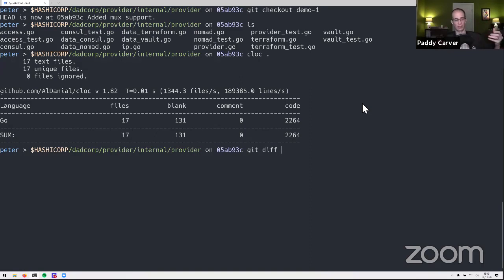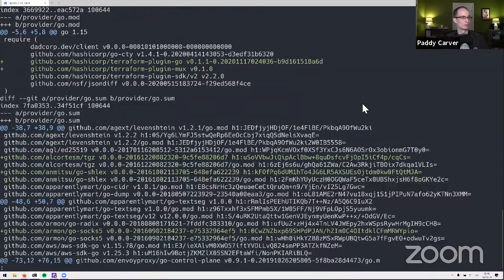So you can have a helper schema server, and you can have a Terraform plugin Go server, and you can put them in the same provider. And Terraform mux will figure out which provider to send requests to based on which resource the request is for. To add Terraform plugin mux to your provider, it's actually a really straightforward process.